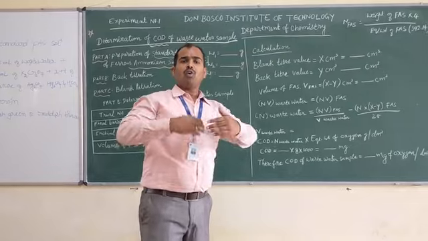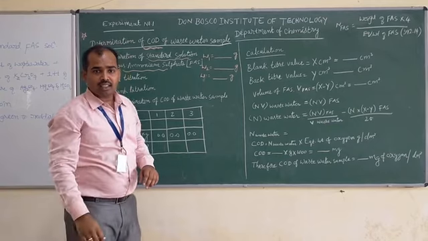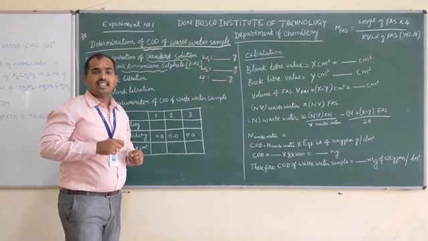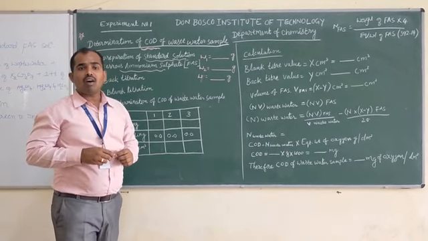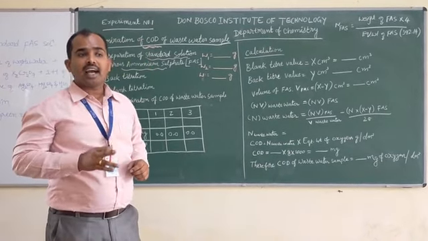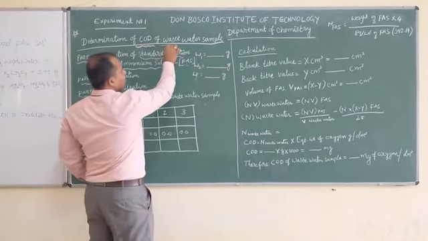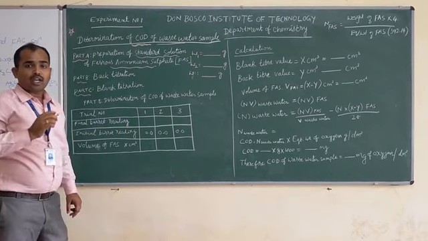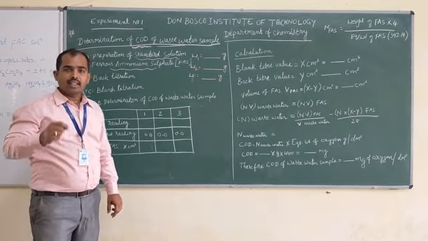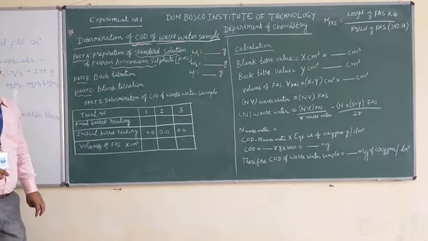So before going to that experiment, we should know the definition of COD, right? So what is COD? Here the COD or chemical oxygen demand is defined as the milligrams of oxygen required for the complete oxidation of organic and inorganic impurities present in 1 liter of wastewater sample by using strong potassium dichromate solution, which is called the chemical oxygen demand. Right. Then let me look into the first part, that is the preparation of the ferrous ammonium sulfate solution.